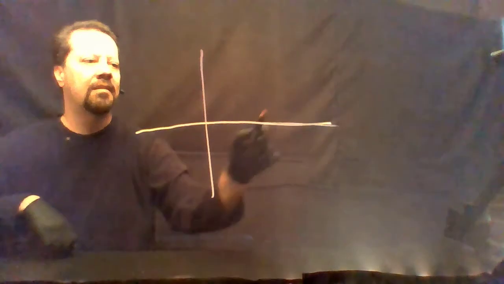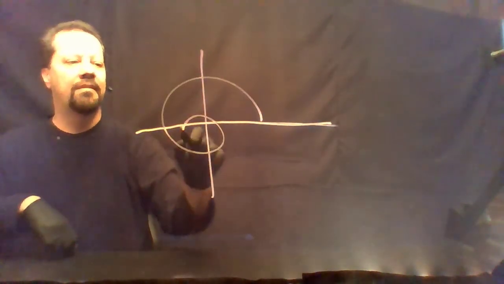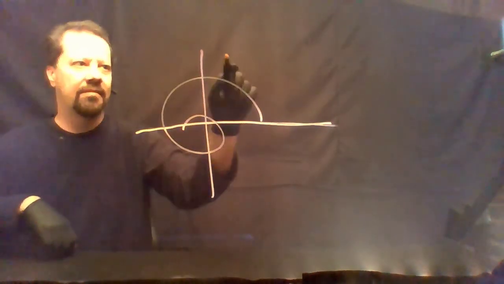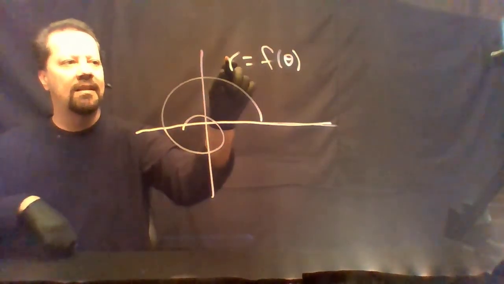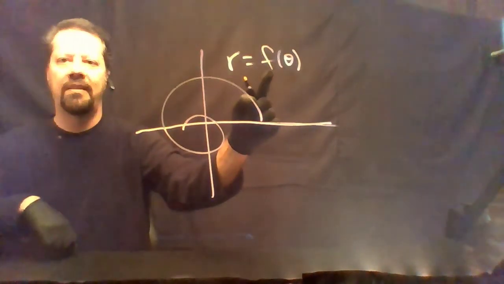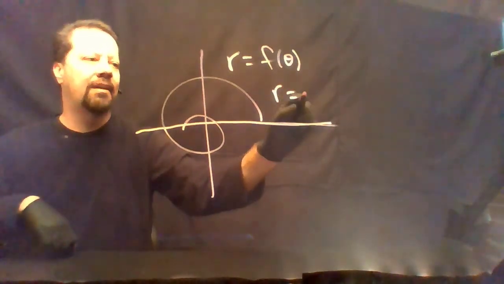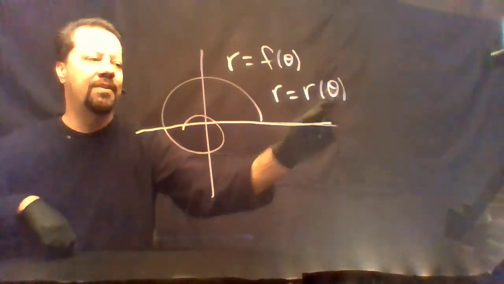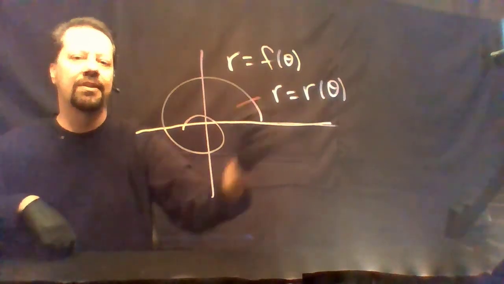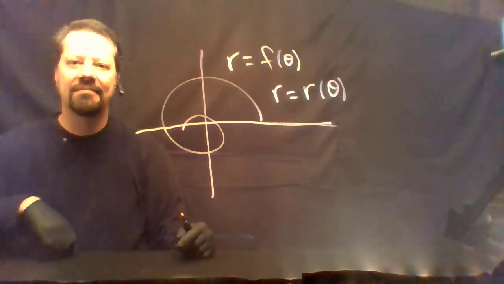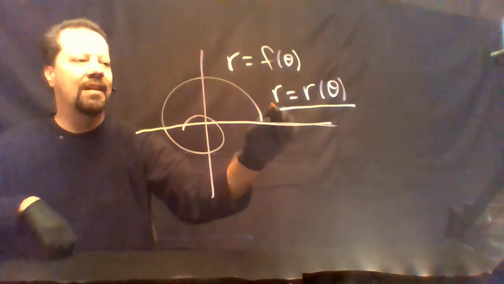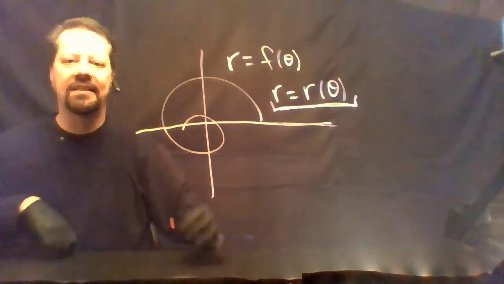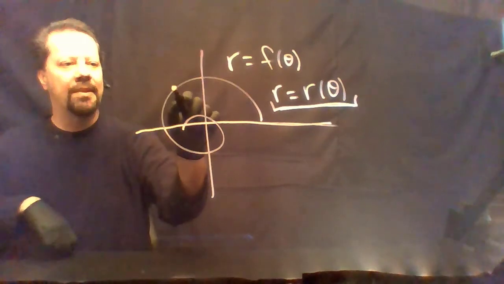Suppose we have some polar curve, r equals some function of theta. I don't actually like to call this f. I like to write r equals r of theta, showing that r has a functional dependence on theta. So if I write r equals r of theta, the slope of the tangent line